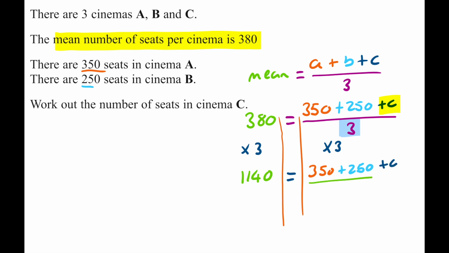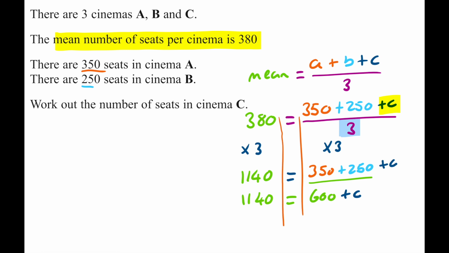These two terms here can be brought together because they're both numbers. So 350 plus 250 gives us 600. So I'm going to write that there. So we now get the equation 600 plus C is equal to